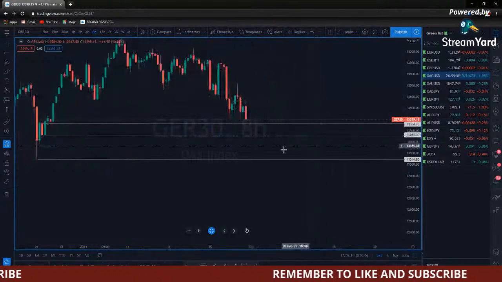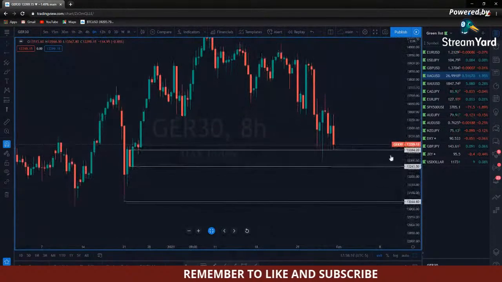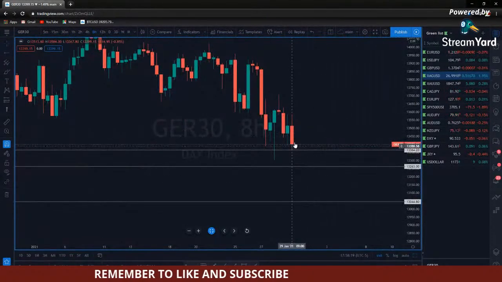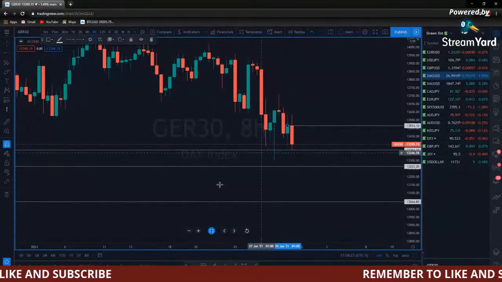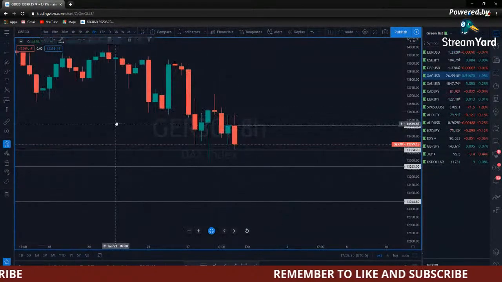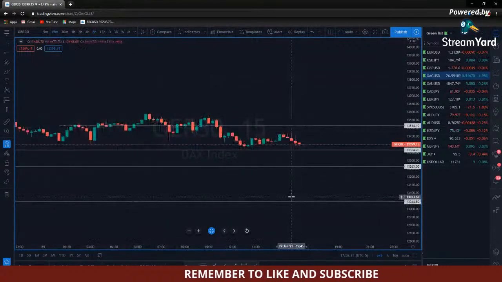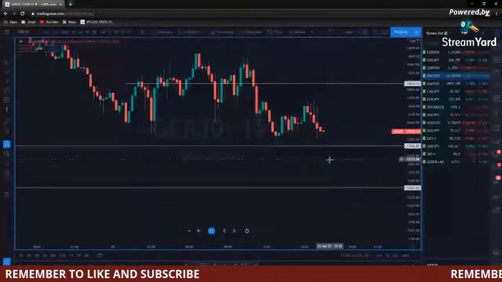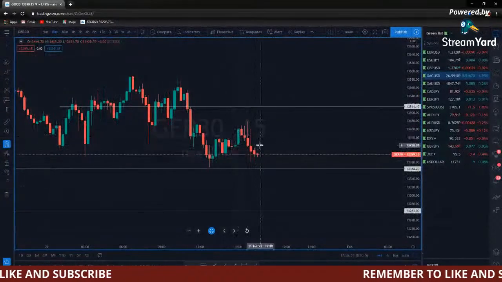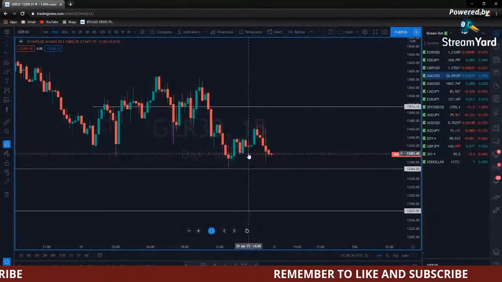I was just looking to see if there was a trend line support. Not really. Not one that I like. So basically, you want to see an 8-hour closure above this market structure level here. You get that, then you can go into a smaller time frame chart. I'll show you how I operate on a daily basis when I'm looking for something. You can't do it now because price hasn't formed, but this is what I mean.